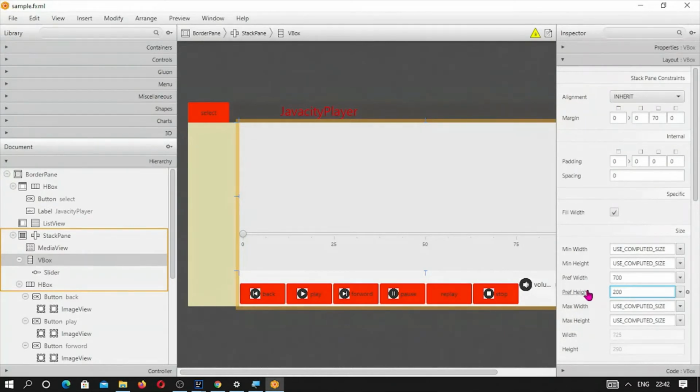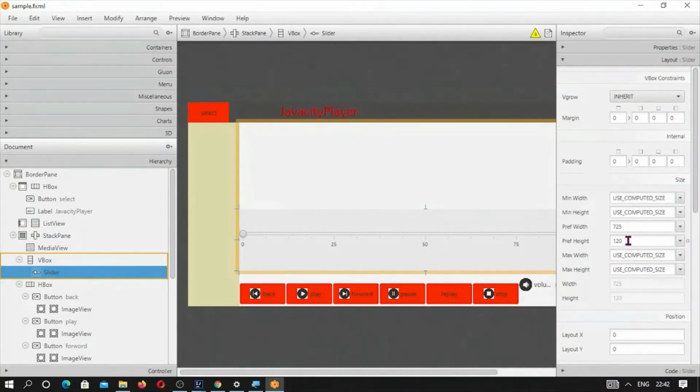This height should be a little lower. This is 60, I suppose. So let me make it 60, and let me save it.